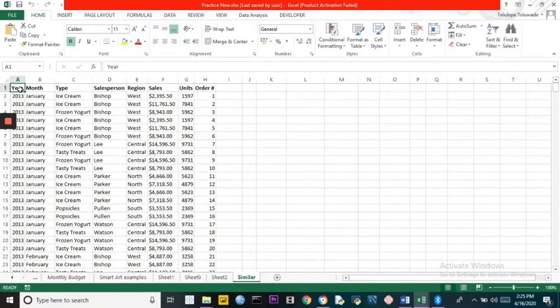Okay, this has how many columns? 1, 2, 3, 4, 5, 6, 7, 8. 8 columns. And how many rows? If you want to know how many rows, just click on, like what I showed you. Click on the first cell and